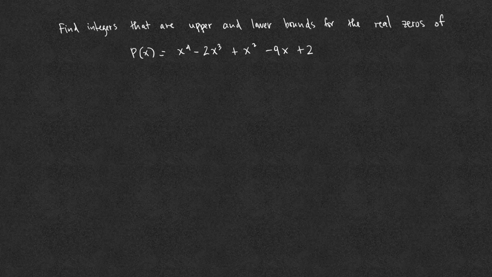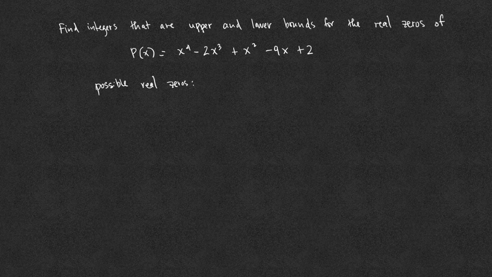Find integers that are upper and lower bounds for the real zeros of the polynomial x to the fourth minus 2x cubed plus x squared minus 9x plus 2. The first step we want to do is to find the possible rational real zeros of the polynomial using the